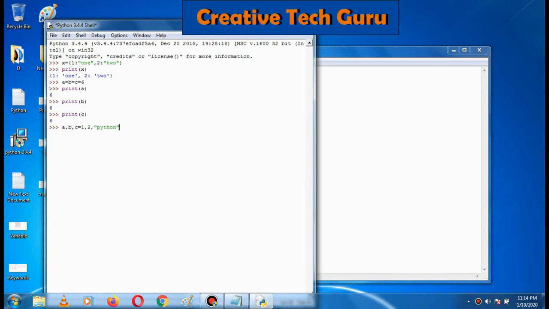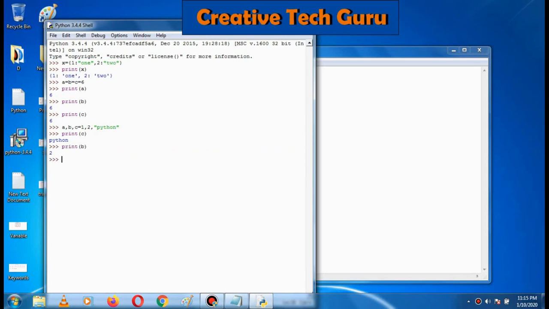A string should be in double quotes always, so don't forget that, otherwise it will give an error. If I print the value of C, it will give Python.